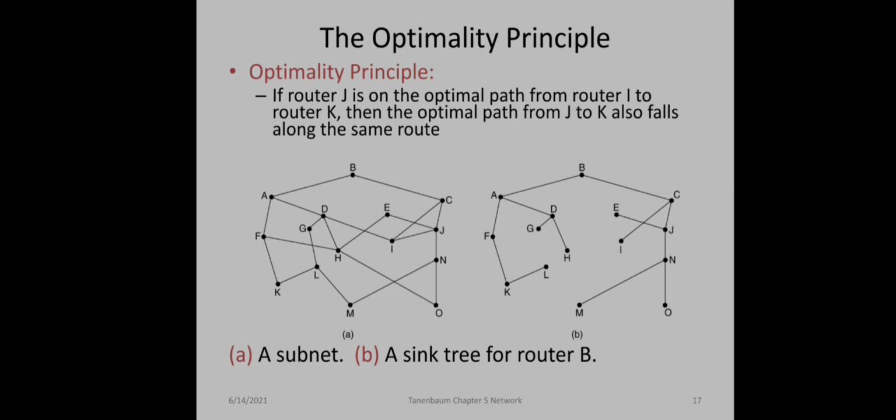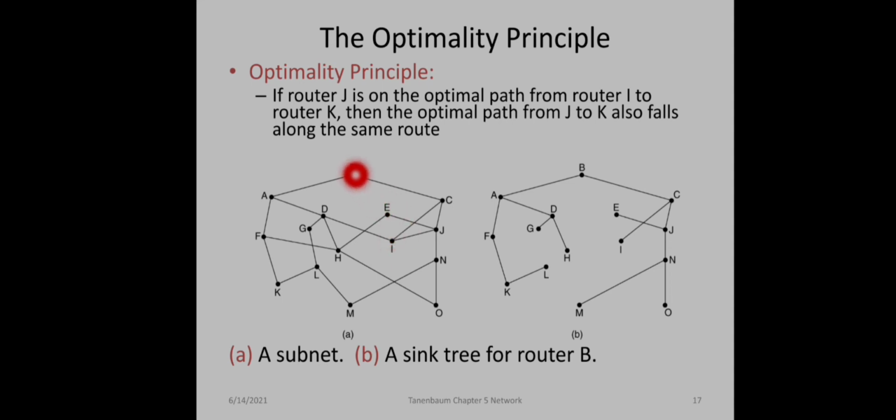Suppose using some routing algorithm, it is found that the optimal route from B to I is through this path BCI. And suppose from C to I the optimal path is along this way CJI. That means CJI is better than CI. In that case we could have definitely taken this path to find the optimal route for B to I, right? BCJI. But we have already found that the optimal route from B to I is through BCI. So this is a contradiction, right?